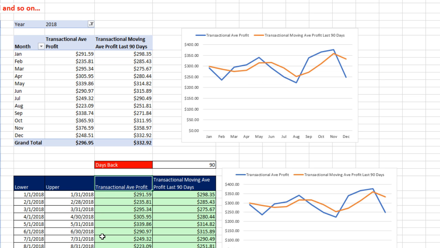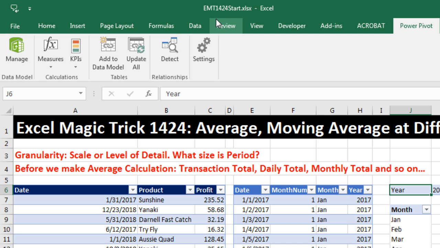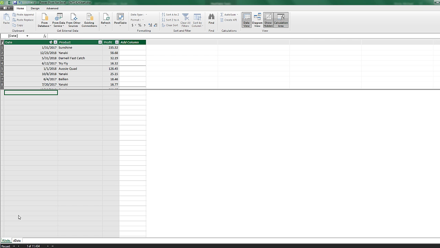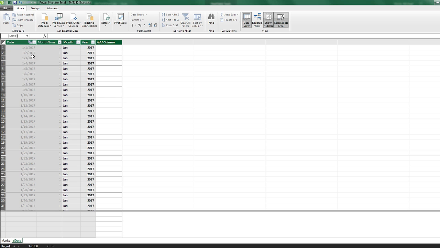Now, we want to go over to the start file. All right, over here in the start file, we have our profit table with transactions. We have our date table. I've converted both of these to Excel tables and imported them into the data model. We can go look. On the Power Pivot tab, click on Manage Data Model. Here's the F units. Here's the date. Notice I've already hidden some of these columns because I do not want them to show up in the pivot